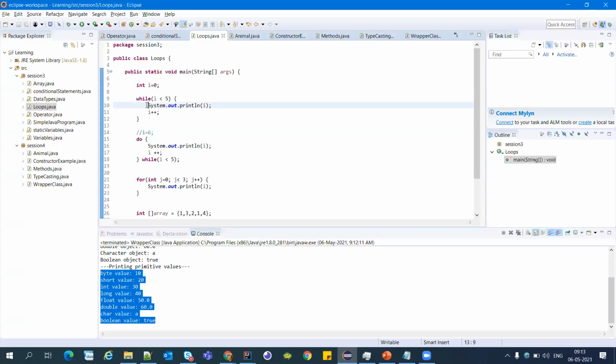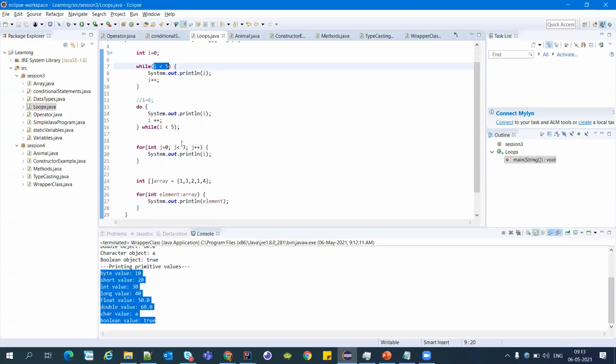When we want to execute code multiple times until the condition is satisfied, we use loops.